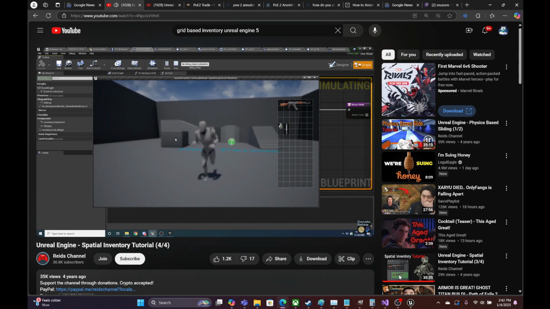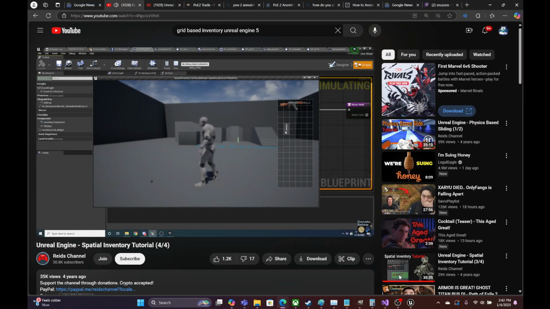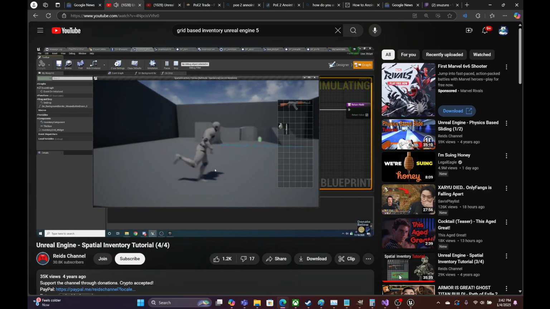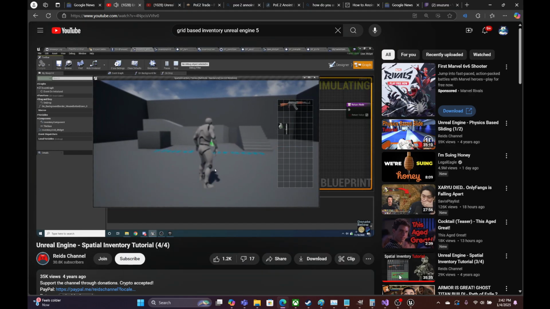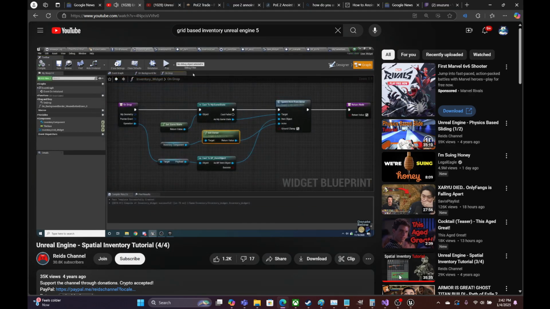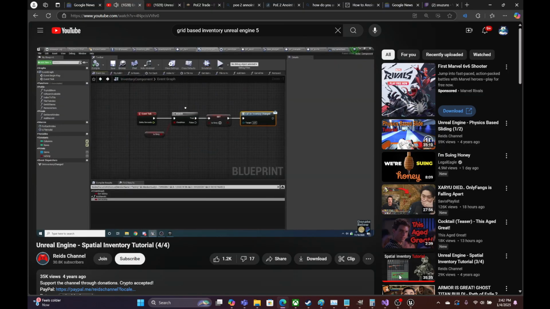Well, not quite nicely yet. So we didn't actually write the function to remove items, which is why they're not being added back correctly, or in the correct spot. So we need to write that function that actually removes items from inventory. It's actually really simple. So if we go back to our inventory component,